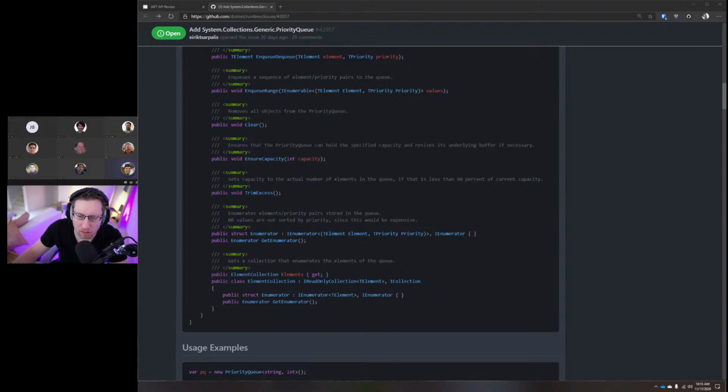I think removing IEnumerable from the class makes sense. I think most people will probably be happy with just the elements property because they probably don't care about the priority. And it's somewhat easier to explain that the elements themselves are not ordered, because that's the same semantic you get from, let's say, Dictionary.